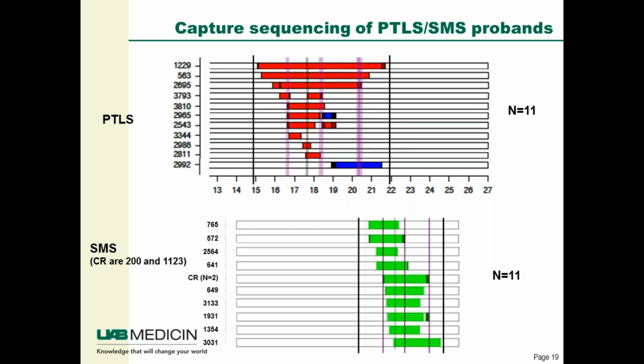And for this region, the copy number gain will lead to a syndrome called PTLS syndrome. And the deletion of the region will lead to a syndrome called SMS. And there can be non-recurrent and recurrent copy number changes in this region. Dr. Lupski's group